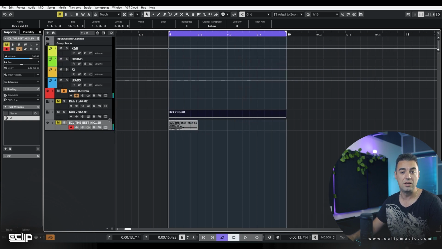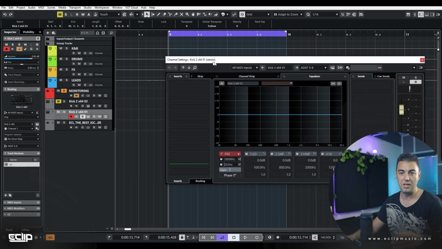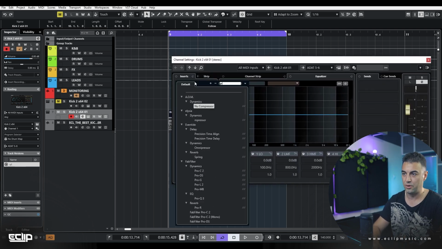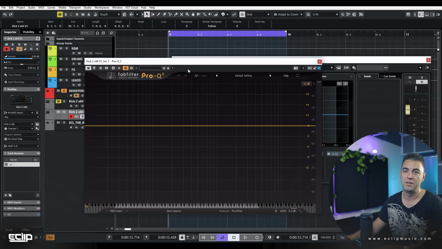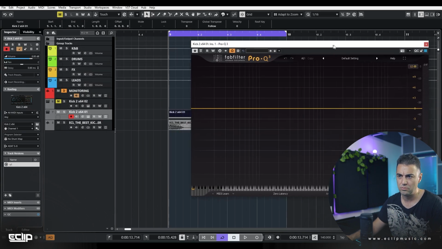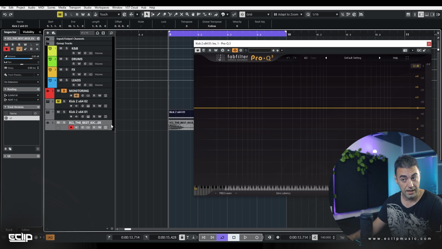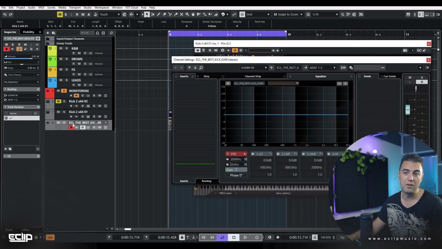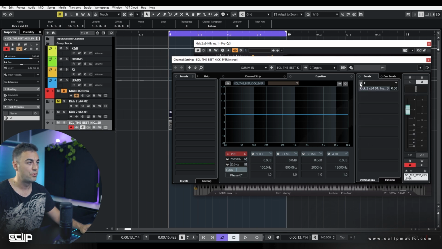So the next thing that I usually do is, if I already have the kick that I really like how it looks in the frequency form, I can load in the kick that I'm making. I will go to, let's say, Pro-Q 3, and I'm going to turn on the side chaining. For this, you will need VST3, I think. At least I need it in Cubase. And then from the reference kick, I'm going to send the signal to the Pro-Q 3 on the